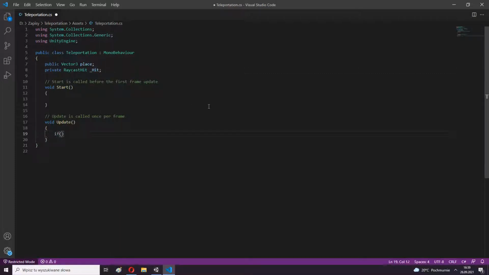Here we will create the main part of code. We will send a ray on mouse position.